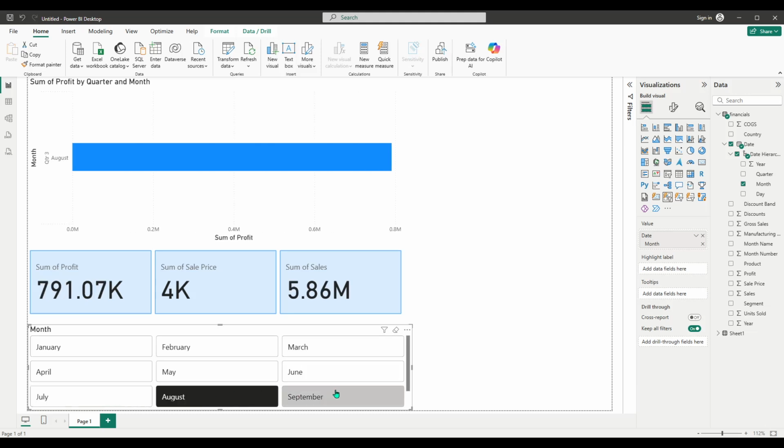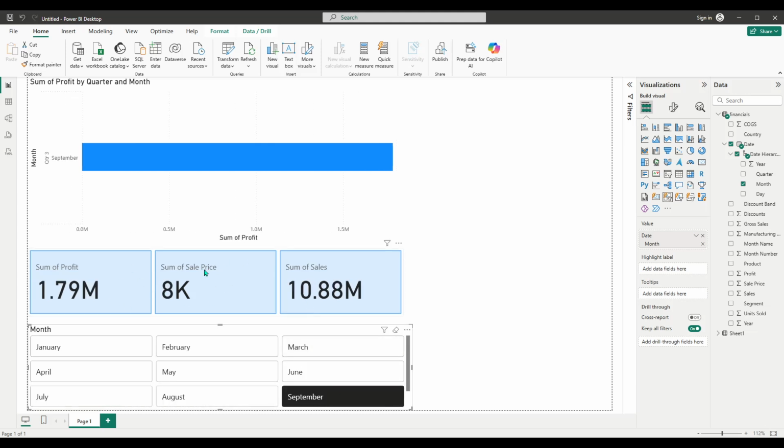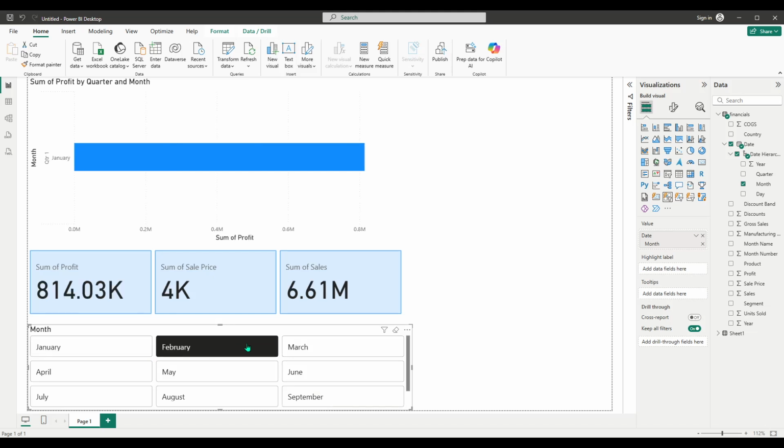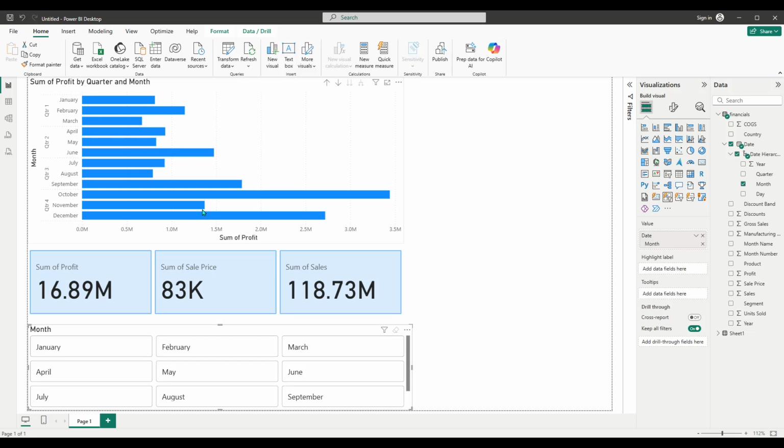By embracing these tools, you're empowering your data story and setting up your reports to be more engaging and informative. I hope this tutorial has been helpful and that you feel confident adding button slicers in the